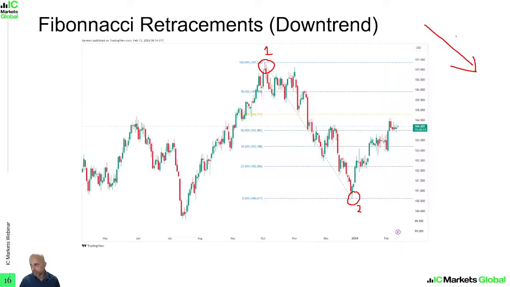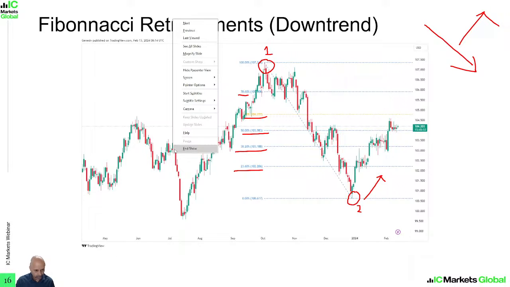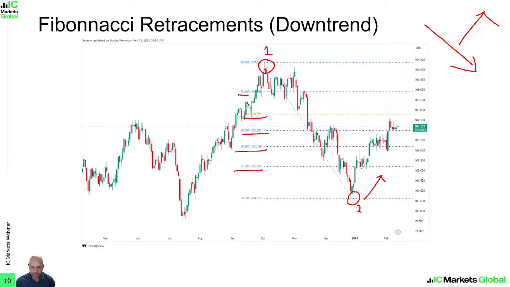So it's always left to right, whether it's up or down, but the Fibonacci retracement tool always starts from the left. Okay, so in this scenario here, after price has found this strong support at about 100.60 and is starting to make its way up, the subsequent retracement levels here, 23, 38, 50, 61 and 78, are going to identify potential resistance areas, right? So they're going to help us identify potential resistance areas.